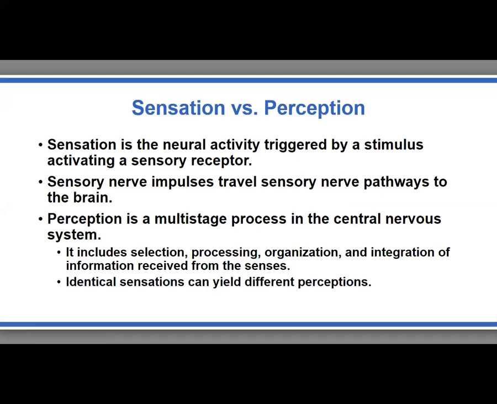So, sensation versus perception. Sensation is the neural activity triggered by a stimulus activating a sensory receptor. Sensory nerve impulses will travel sensory nerve pathways to your brain. And perception is a multi-stage process in your central nervous system. It includes selection, processing, organization, and integration of information received from the senses. Identical sensations can yield different perceptions. So understanding this, it's sort of like,